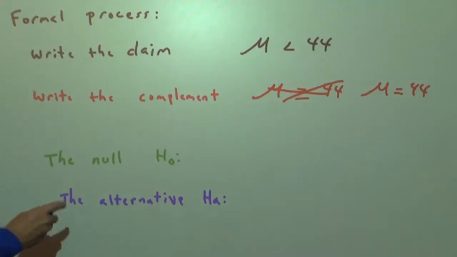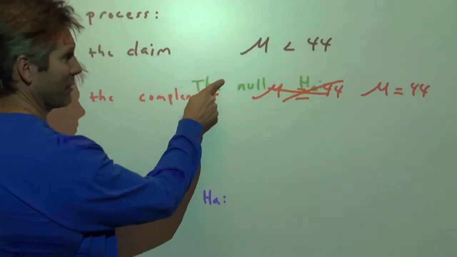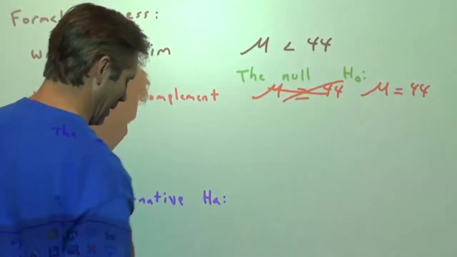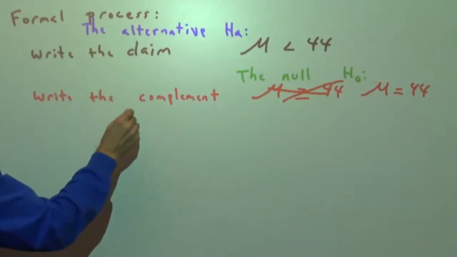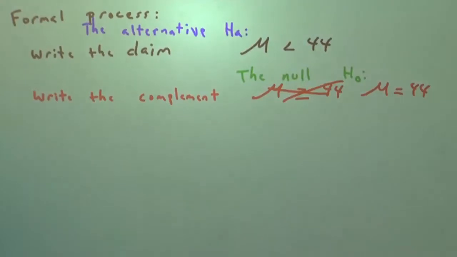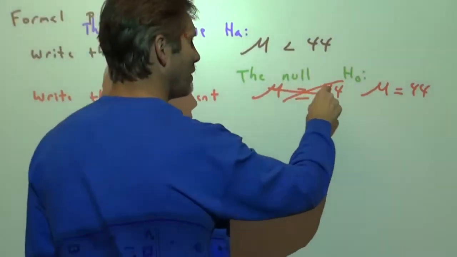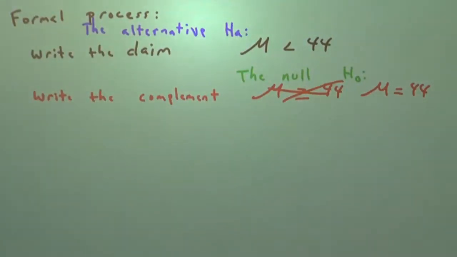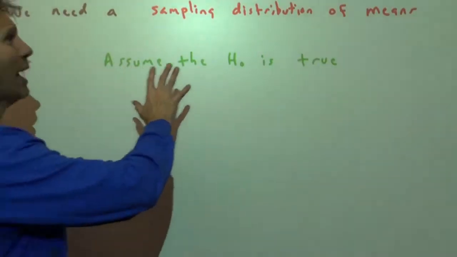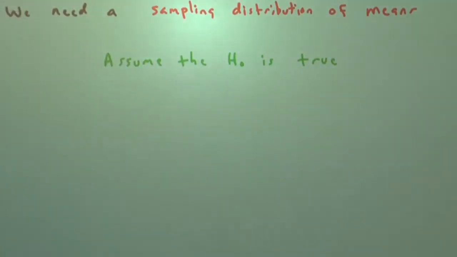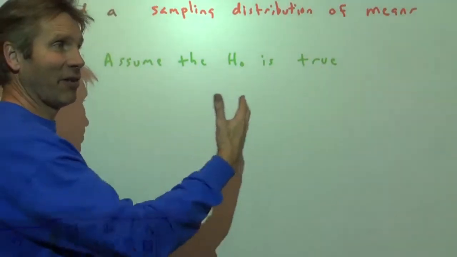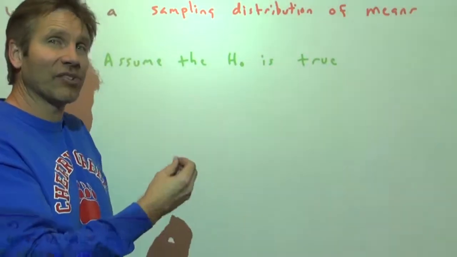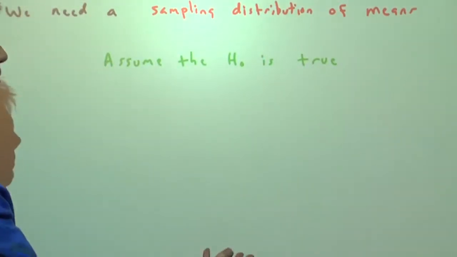Okay, now, the one that has the condition of equality will become the null hypothesis. So this guy is going to be the null hypothesis. The alternative hypothesis is going to be the other statement, the statement that doesn't include the condition of equality. Now, the reason we need the null to have the condition of equality is because of this. We're going to need a sampling distribution of means to base our decision upon, because that's why we've been studying probability, involving how likely or unlikely is it to get a certain mean average when we take a certain sample.